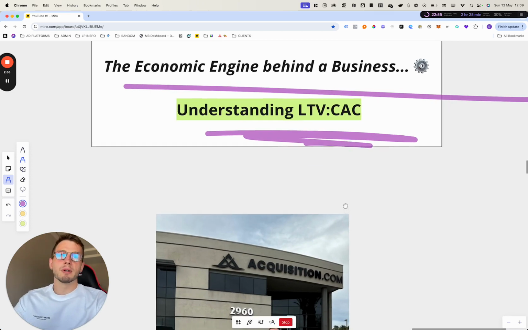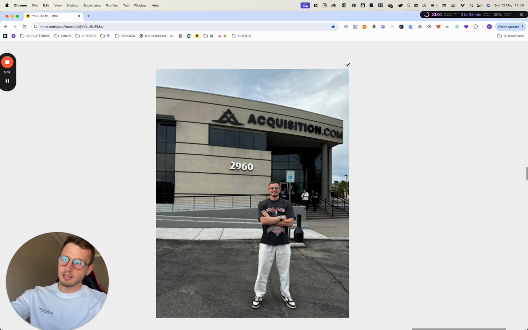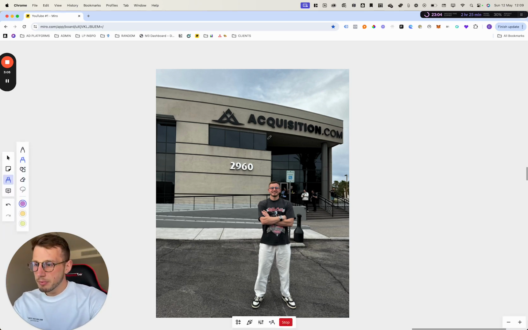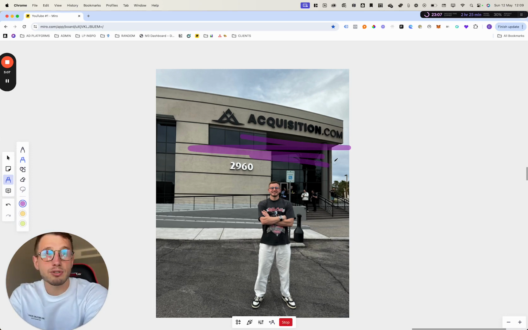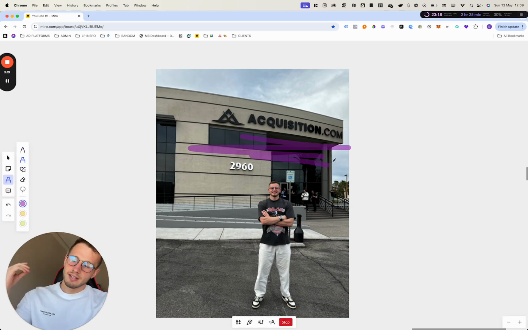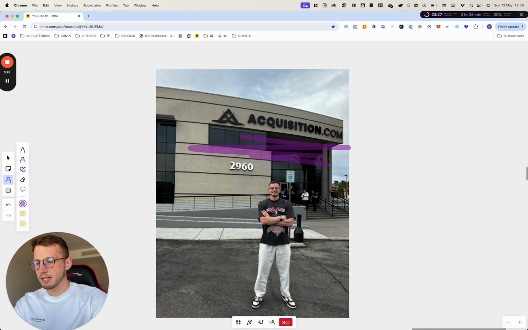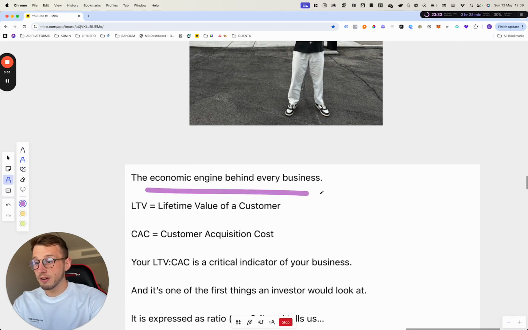Now, as a performance marketer, there's all sorts of metrics that we use that are useful to assess how our marketing's going. And as I just showed you, the return on ad spend is a very classic one. But I was fortunate enough to fly out to Las Vegas about 2 weeks ago and spend some time at acquisition.com for a scaling workshop led by the acquisition.com team, and Alex and Layla Hormozi were there as well, two absolute G's. And anyway, a core part of that was running through all of how they value a business, what drives value to it, and LTV CAC came up, and that was really my inspiration for the newsletter I wrote about this and also this video, because they described it very much as the economic engine behind every single business.